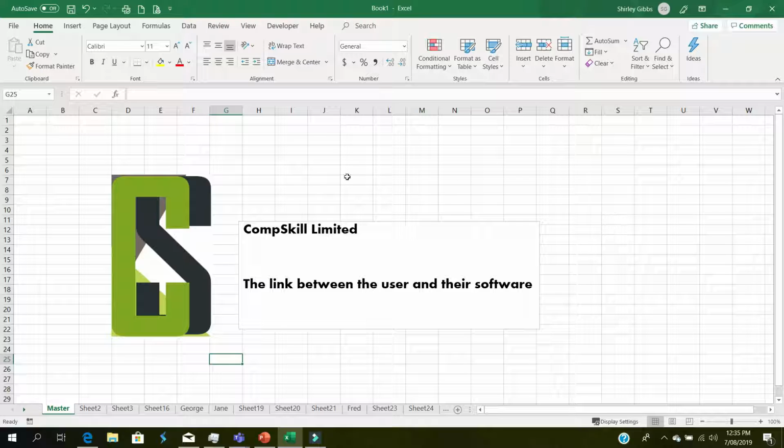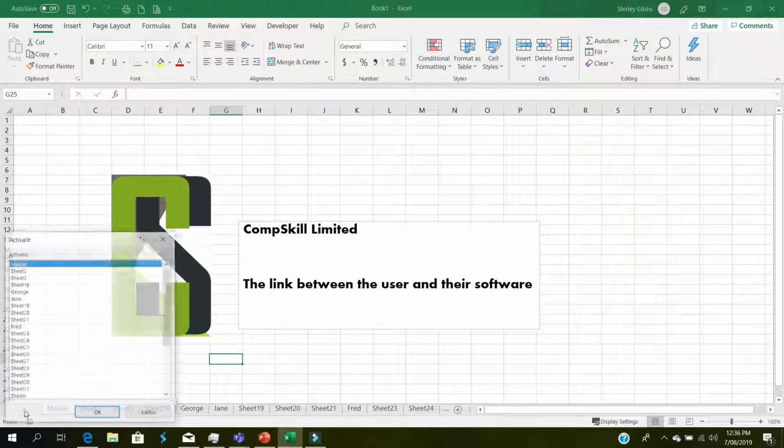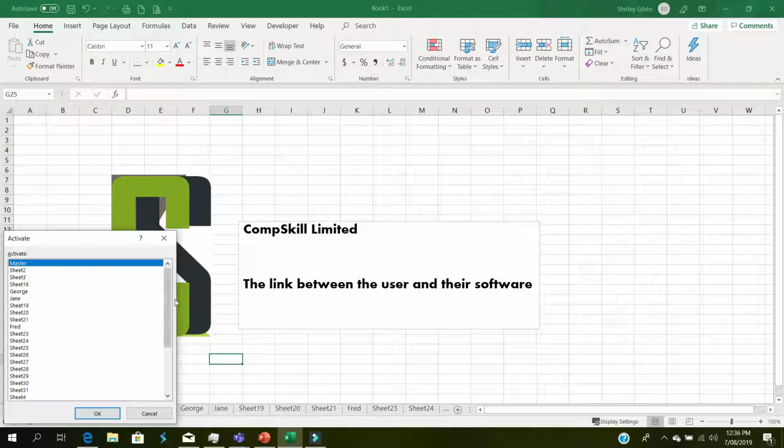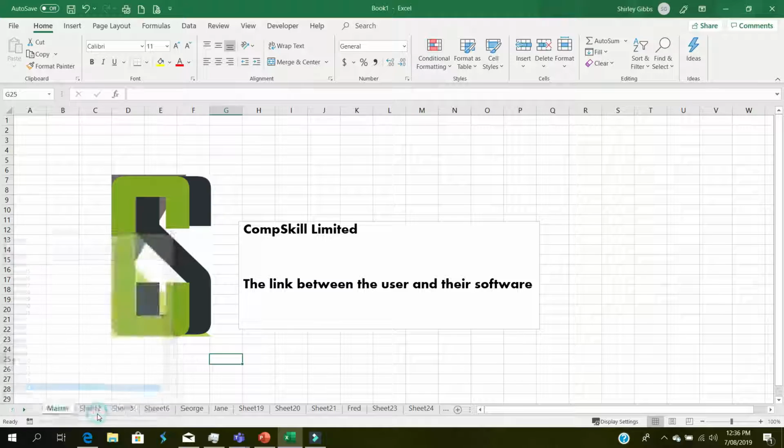Today I want to look at Excel worksheets and working in workbooks that have got many sheets. It's a real problem sometimes when you have more sheet tabs than fill up your visible area down the bottom here. So what you can do is right click on this right arrow here, and what that does is bring up all the sheets in the workbook. So I can simply go to sheet 14 that's not visible along here by activating it from that list,